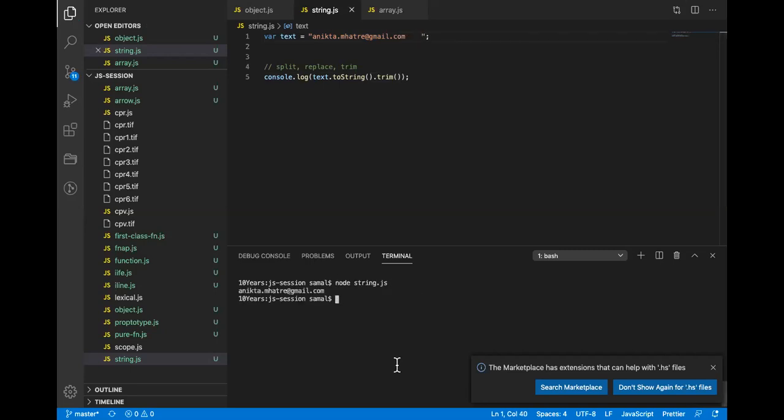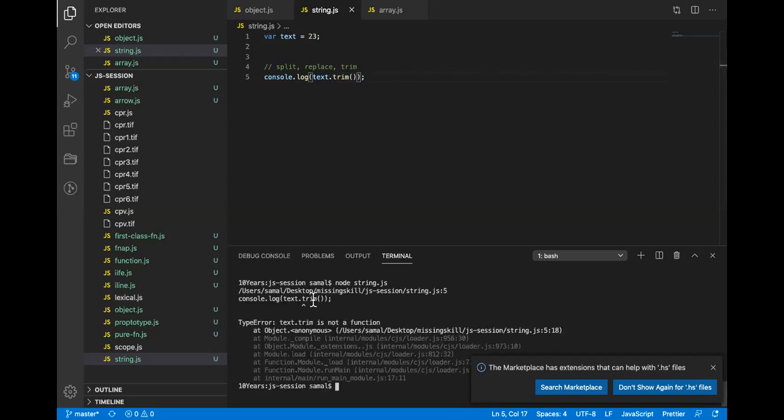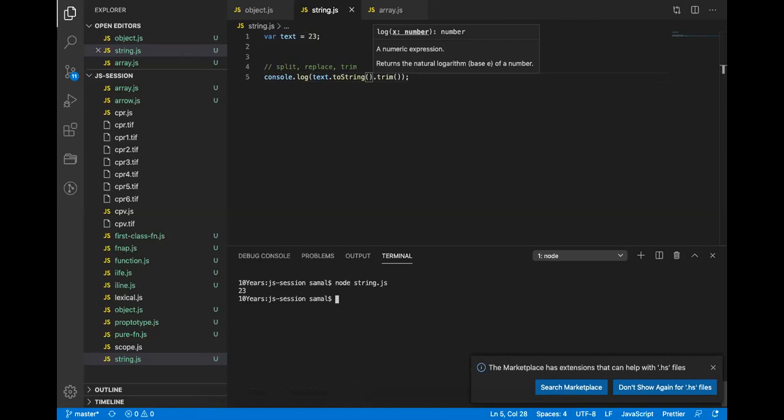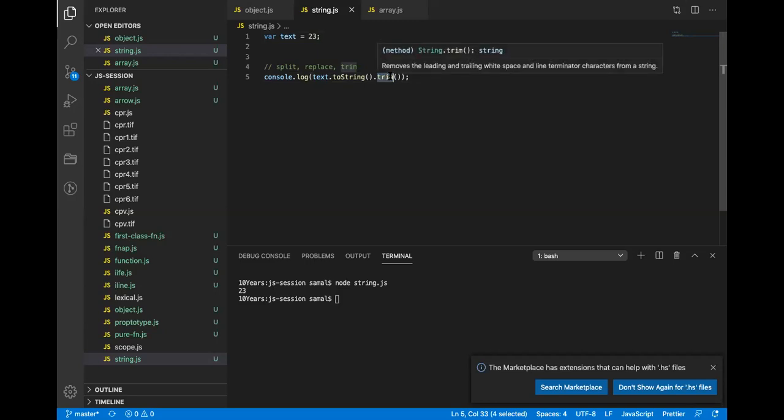If I run this, let's say 23, it shows trim is not a function, because this is a number. But if I add toString here, it gave me the value. It casted the value into a string, and now I can use a string value. This gives me a safety net for my functions or methods.